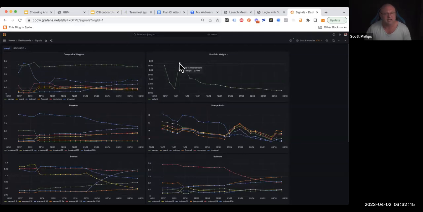Now you can see that at the start of the year, Bitcoin was 3.5, 4% of our portfolio. Why? Because Bitcoin launched first in the big rally that we've got. So when Bitcoin was outperforming all these other coins, Bitcoin led the charge. It was getting much more weight. As the alts have taken over, you can see that Bitcoin is getting less and less weight as time goes on.